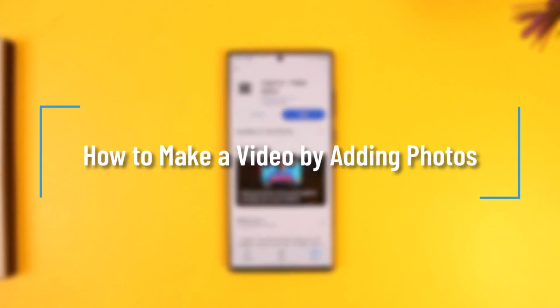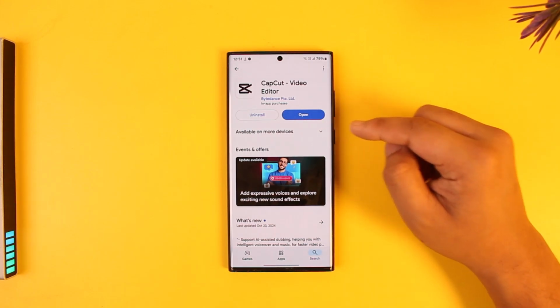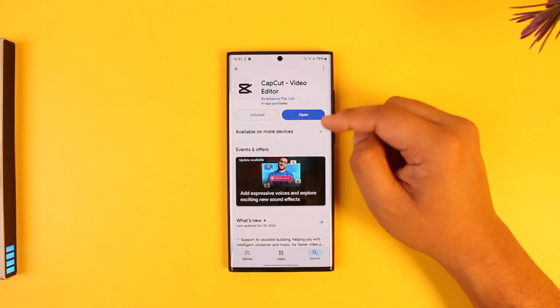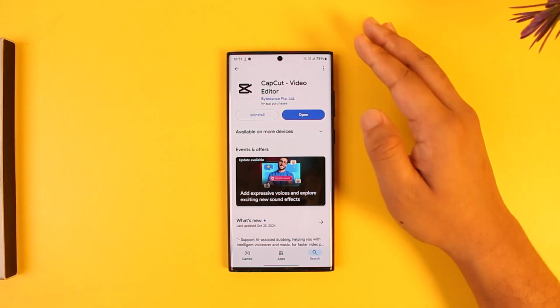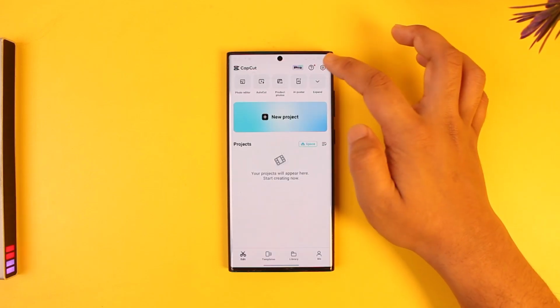How to make a video by adding photos. You can make a video by adding photos by creating a slideshow, and it can be done with various video editing apps. In this case, I'm using CapCut, but you can basically use any audio editing or video editing software that you prefer. So here, if I open up CapCut, first of all, what I can do is